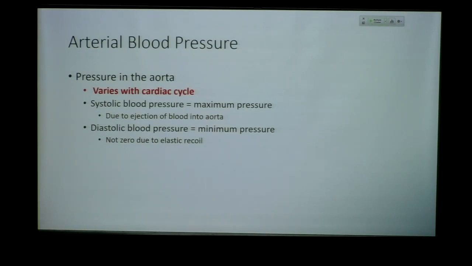So we just described that. The recoil of this vessel, right? The low compliant nature of the vessel, the fact that it really wants to get back to its original shape, is going to propel the blood forward, and that maintains perfusion. So even in diastole, we never see the pressure get all the way to zero. It gets lower, but never all the way to